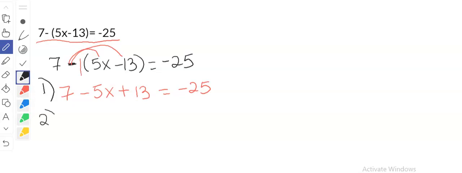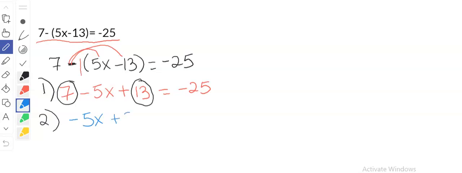Now step 2, now we're going to combine like terms. So we have 7 and 13. All right, so we're going to add them together. I'll keep the negative 5x here, and 7 plus 13 is a positive 20, equals negative 25. Okay? All right. Step 3. So now that we have negative 5x plus 20 equals negative 25, the next step I will do is